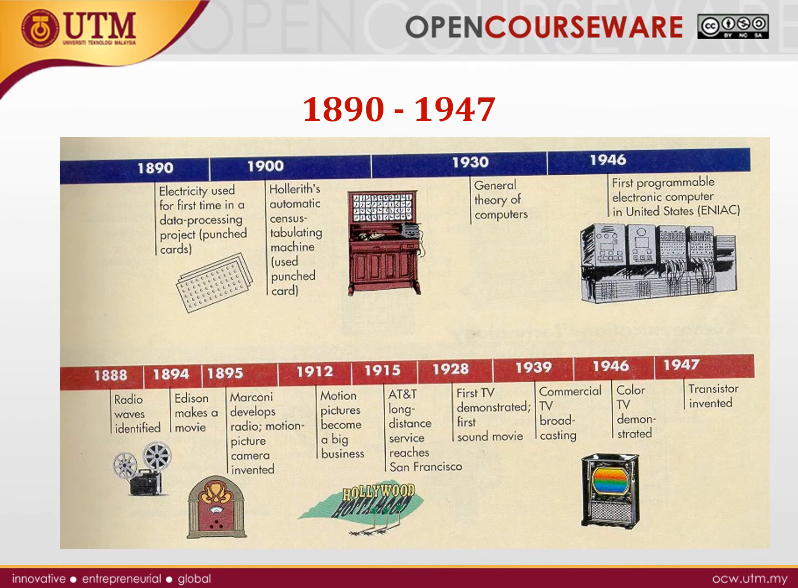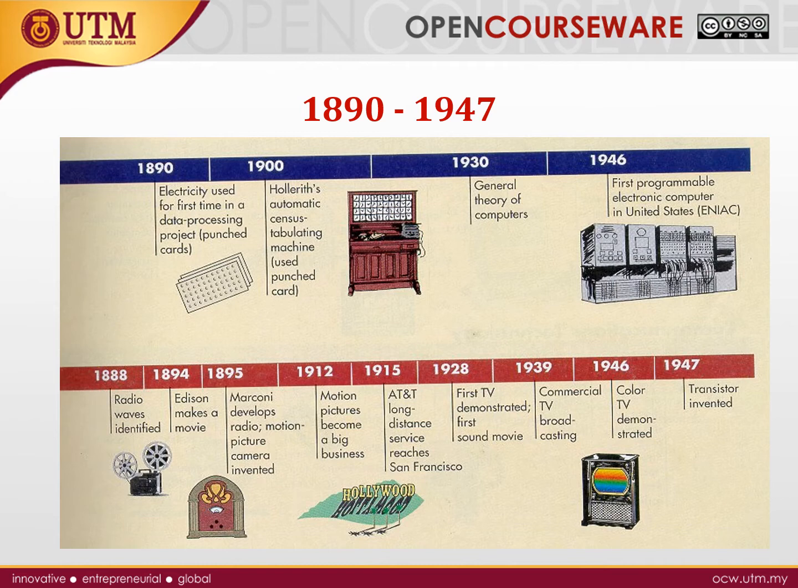And then from 1890 to 1947, in 1890 electricity was used for the first time in a data processing project. And then in 1930 the general theory of computers was invented. So in 1946 came the first programmable electronic computer in the United States. While on the other hand, for the